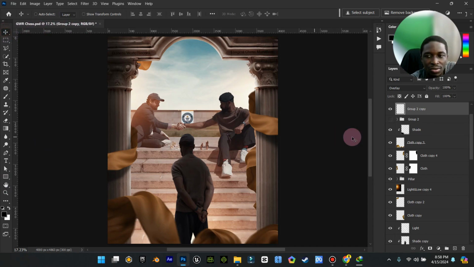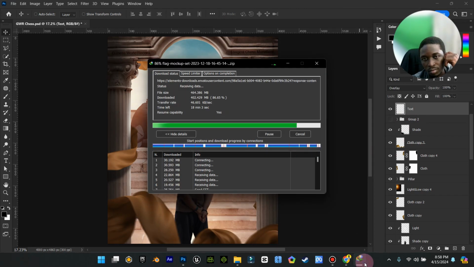Yeah, I think I would like to consider overlay. Alright, so this is the text. The text. I'm still downloading this, so